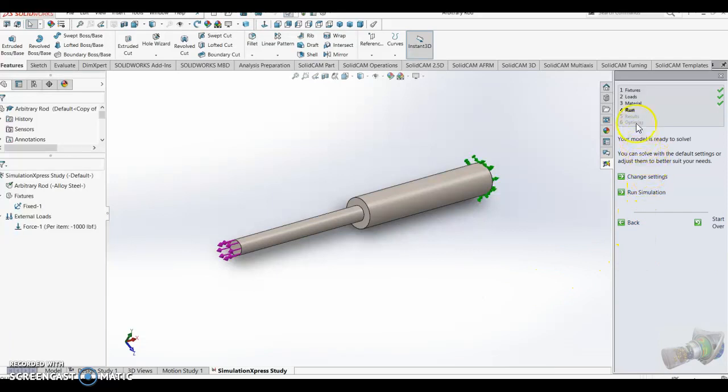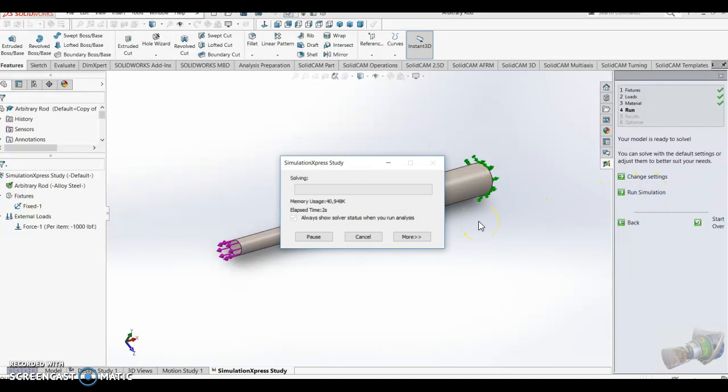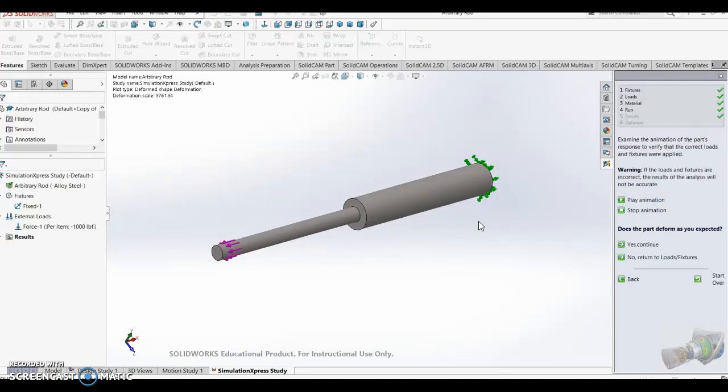I'm not going to mess with the run portion of this. What you can do with that is change the mesh settings and have a more exact or less exact study depending on your need. But I'm just going to hit run simulation. And so what we're seeing is an exaggerated motion of the rod. I'm going to hit stop animation